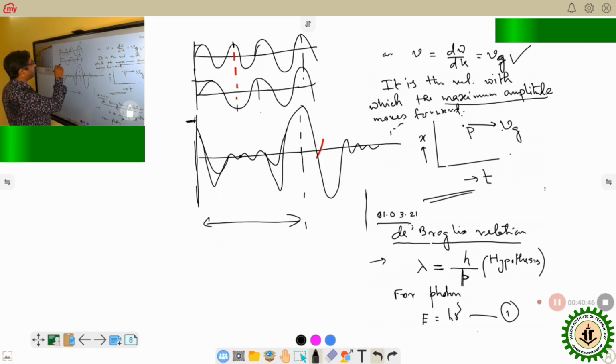Here, the separation between peaks is smaller. Here also, the spacing between the peaks is smaller. As soon as you increase the number of waves, the separation between the peaks gets larger and larger, such that there is one peak and you cannot observe any other peaks on the screen. So you can consider a single peak as the position of a group of waves. Suppose you have increased the number of waves to 10, 50, 100 waves and 1000 waves, then there is a